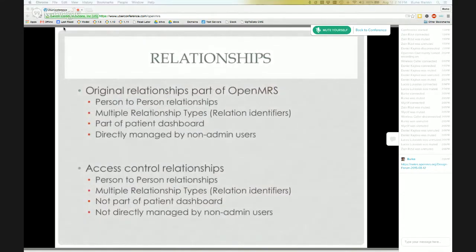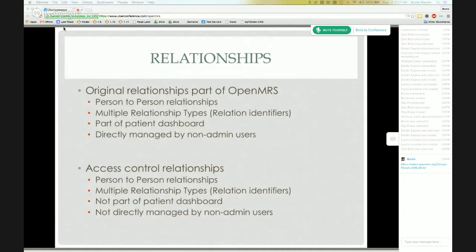The system allows for 3 types of relationships. The first one is the original OpenMRS relationships that are part of the patient record. These relationships are between person to person. There are several relationship identifiers, or relationship types, as they're called, to allow to distinguish between different types of relationships.